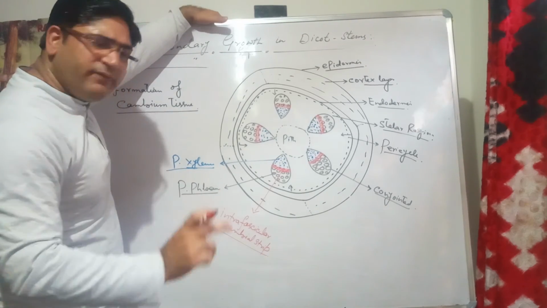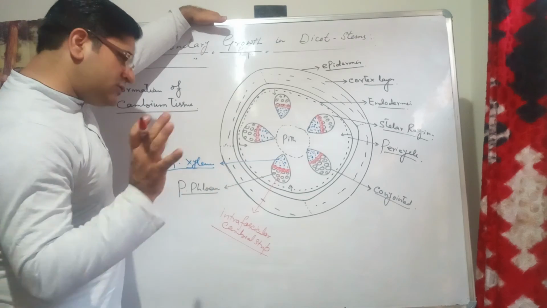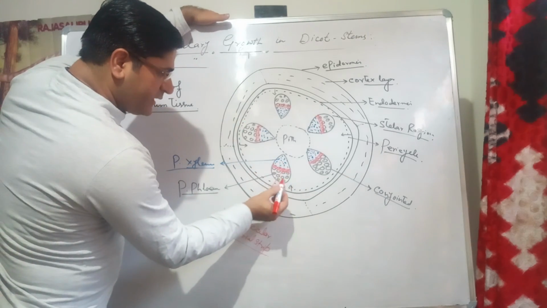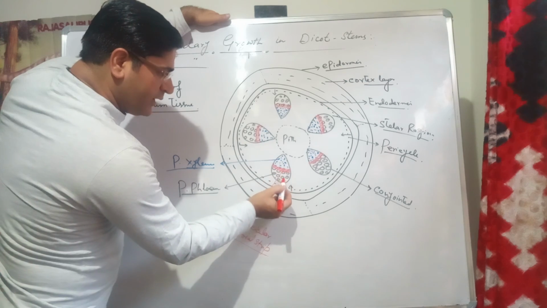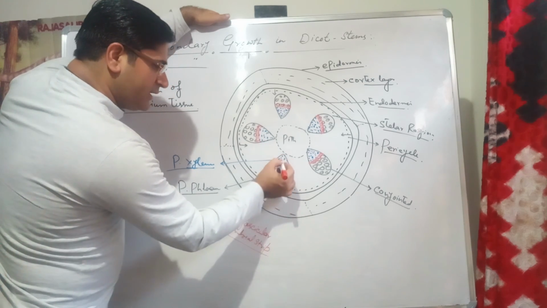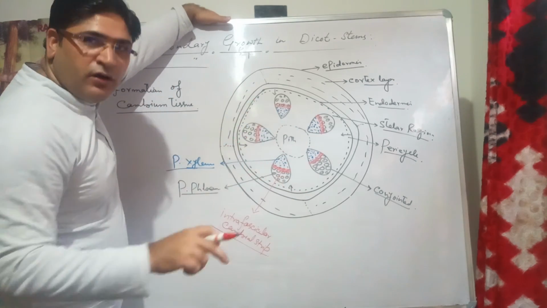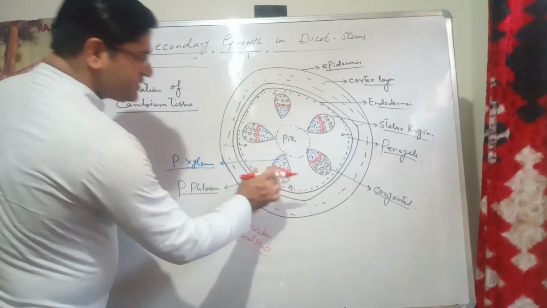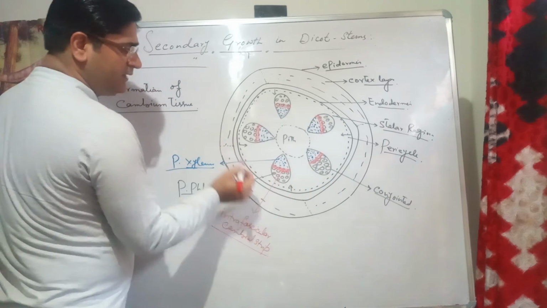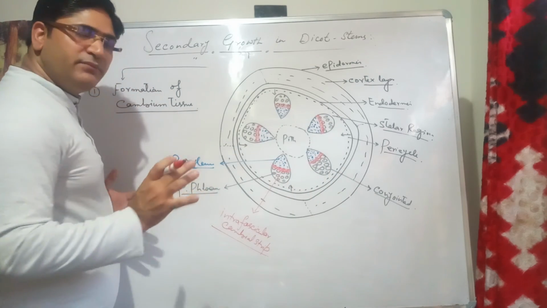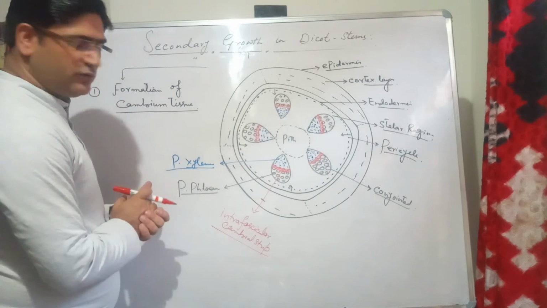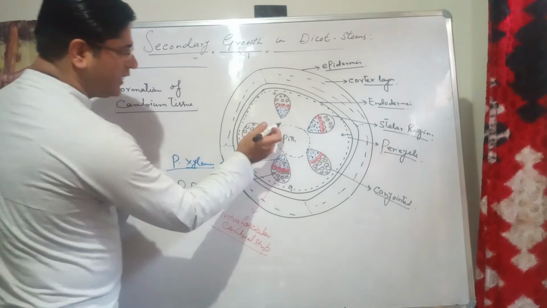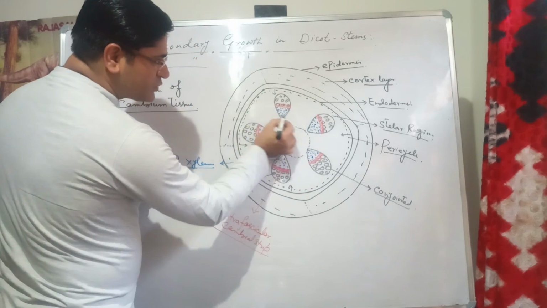It is also called fascicular cambium, but to be very specific, since it is formed here between the xylem and phloem within the vascular bundle, it is called intrafascicular cambium. Now first, within each vascular bundle, the intrafascicular cambium is going to be formed in a patch manner. Now look here, this area between the vascular bundles,